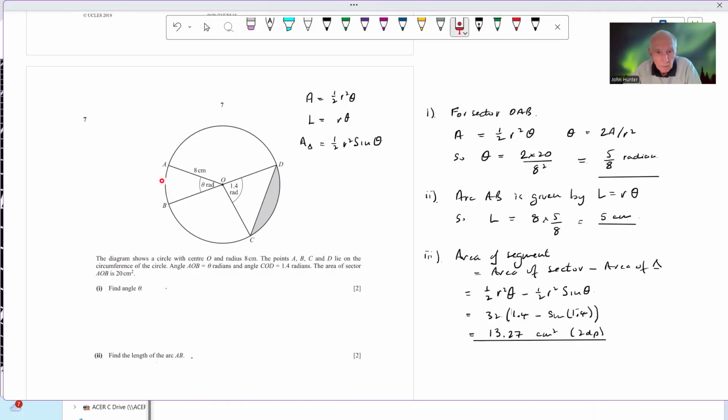That's that arc there. And then the last one, which is just off the screen here, is to find the area of the shaded segment here. Right, okay, well, this is going to be the area of the sector minus the area of the triangle. Right, well, we can see from our formulas up here that the area of the sector is going to be this, the area of the triangle is going to be that. So if we plug in our numbers,